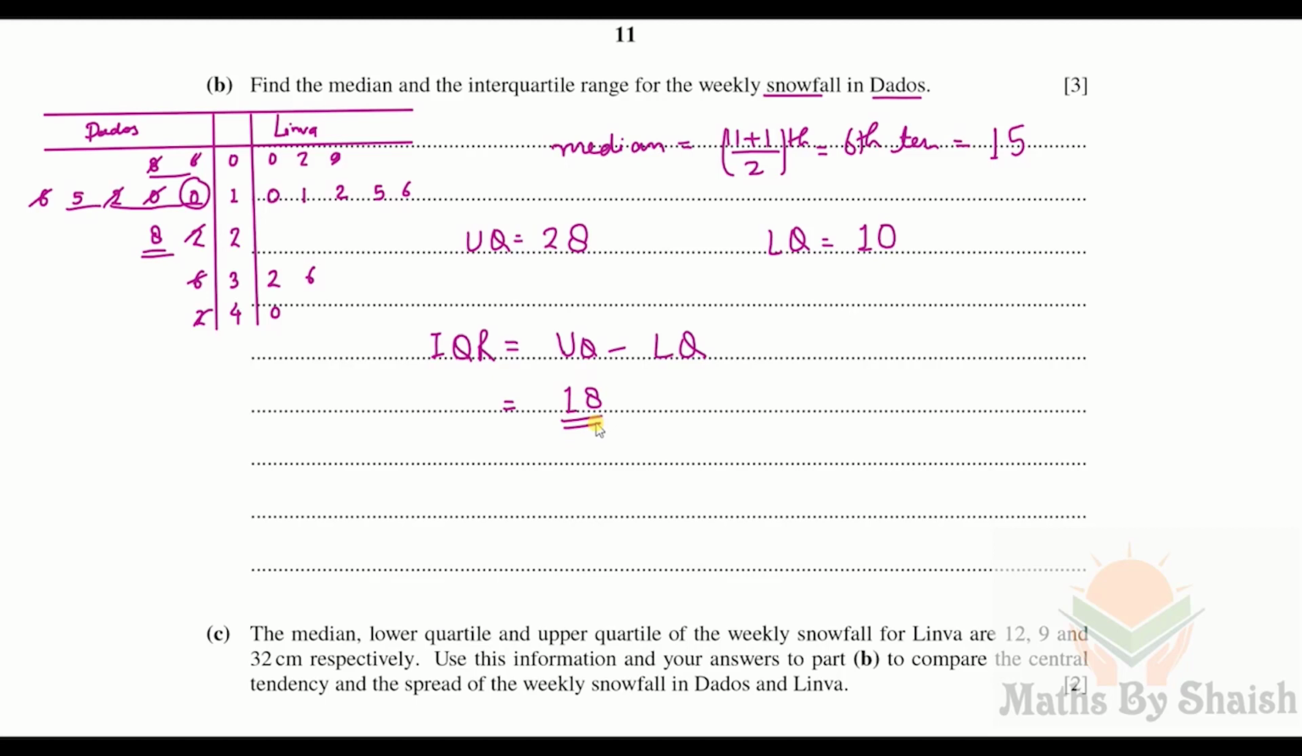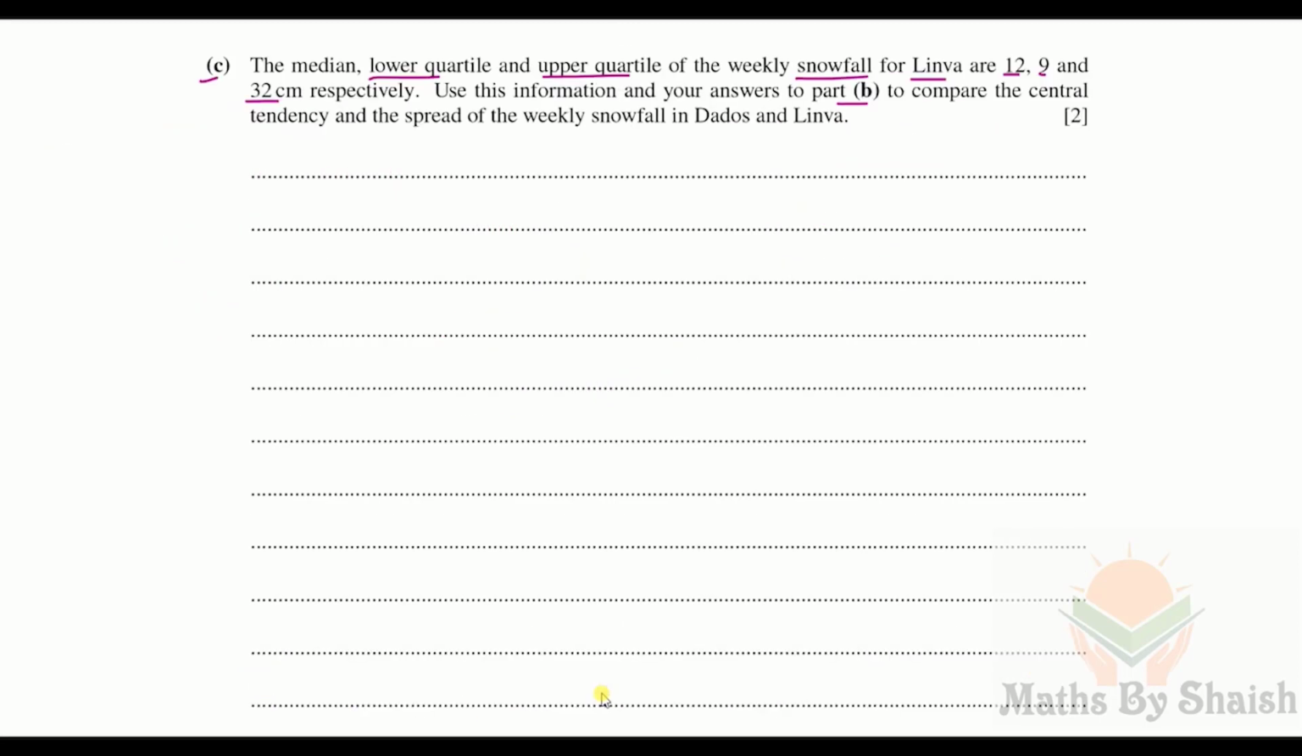That's the interquartile range. Now the C part, the median, lower quartile and upper quartile of the weekly snowfall for Linwa are 12, 9 and 32 centimeter. Use this information and use the answer to part B to compare the central tendency and the spread of weekly snowfall in DDoS and Linwa. So for DDoS,